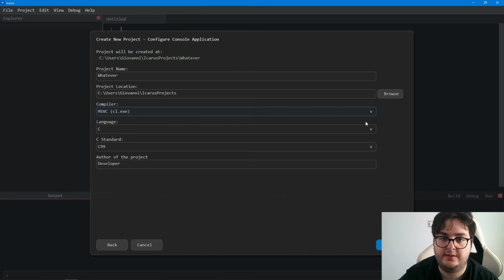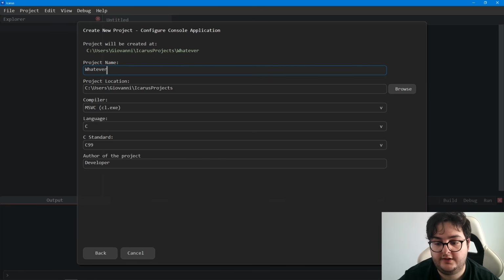I personally use MSVC. I have it on the path variable, meaning you can access it from anywhere. So I'm gonna use CL. And the language standard, so C99, C11, C17, C23, or latest, which is always the latest standard. But I'm gonna go with C99, which is what I always use. So now we can create the project,